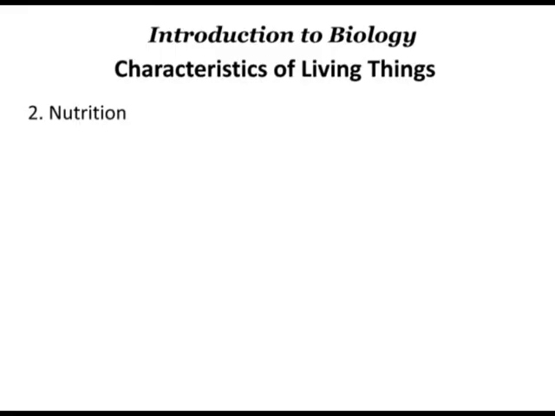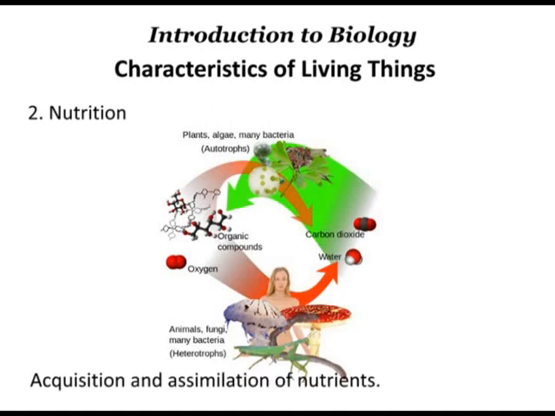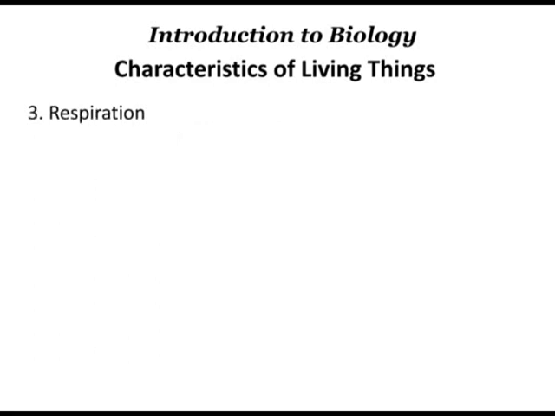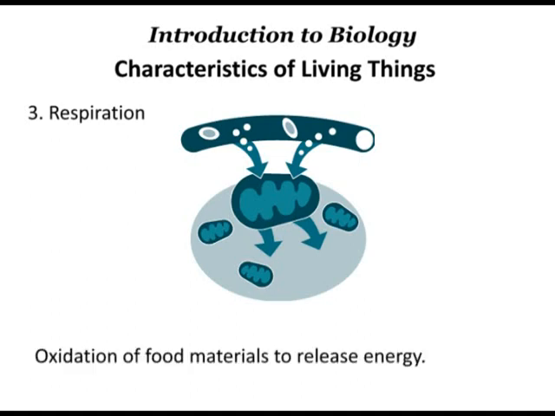In order for organisms to survive and cells to perform their functions, they need to obtain nutrients. Photosynthetic plants manufacture their own food, but animals depend on ready-made food from plants or other animals. Nutrition is the process by which living organisms obtain and assimilate nutrients. Once the food is obtained, it is used to supply energy that fuels cellular activities. Respiration is the energy-generating process that occurs in all living cells. During this process, oxygen is used up and carbon dioxide is released.